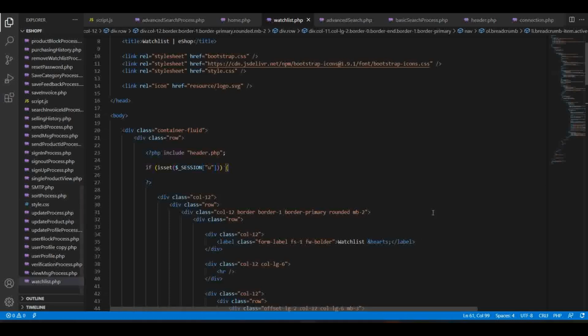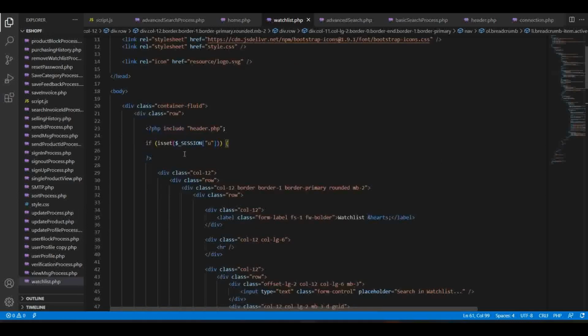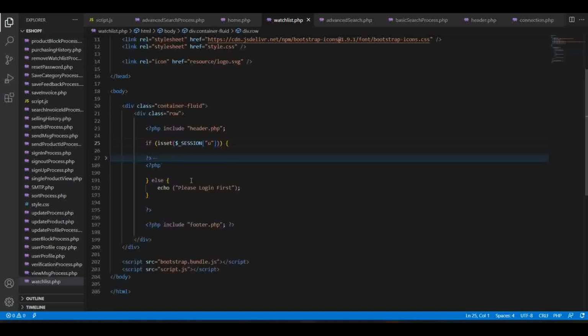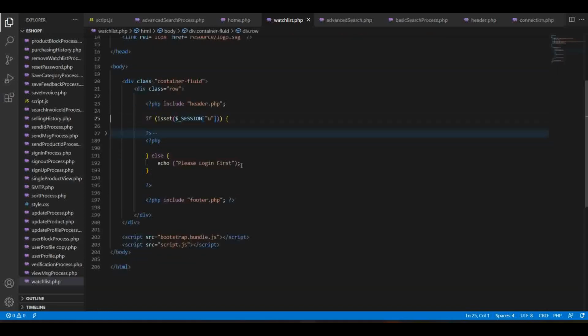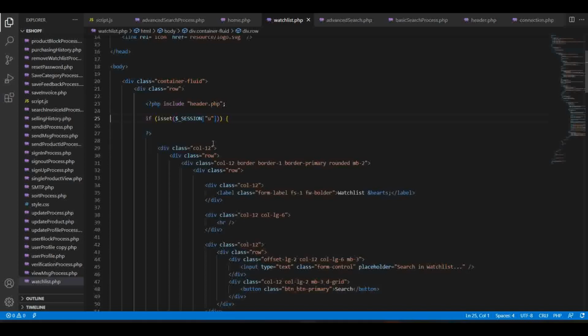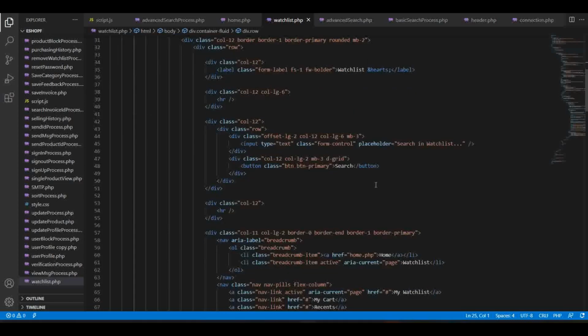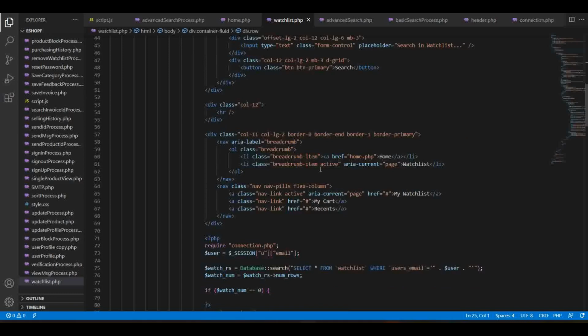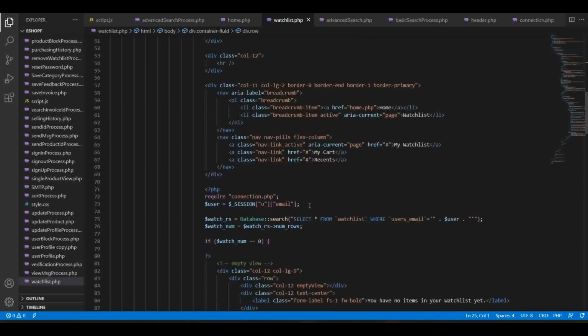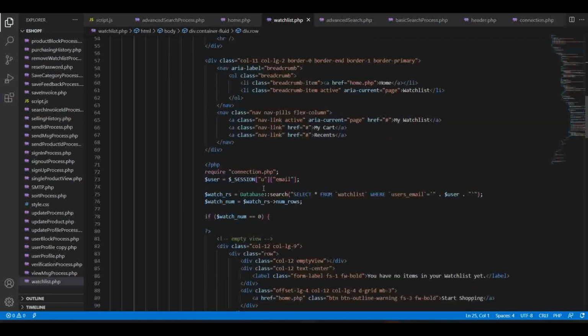First, in our watchlist page, we check if we have the user session, which means if a user is logged in, we show this page, and if a user is not logged in, we say please log in first. And if the user is logged in, we show the design as in the previous video, and then we start the breadcrumb from here, and then we check the connection to our database, and then we take the watchlist results from the watchlist